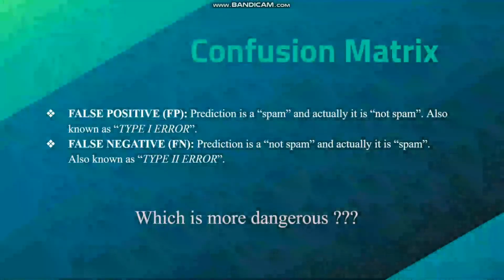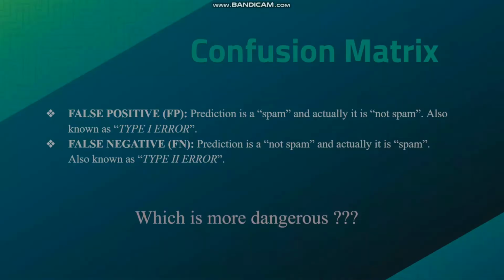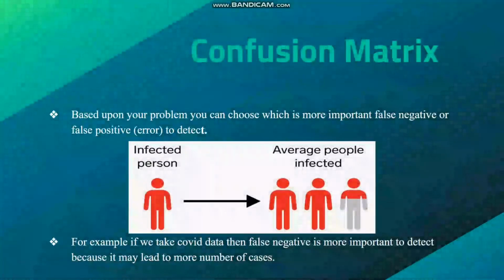Now, which is more dangerous, false positive or false negative? False positive is type 1 error and false negative is type 2 error. Which is more dangerous? Based upon your problem, you can choose which is more dangerous to detect, false negative or false positive. If we take an example of the current COVID situation, then false negative is more important, because if a